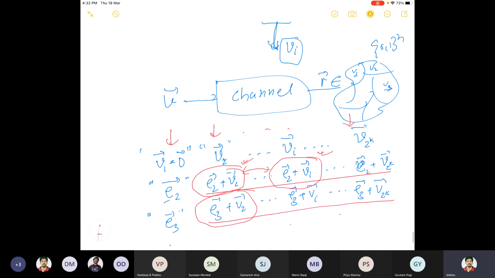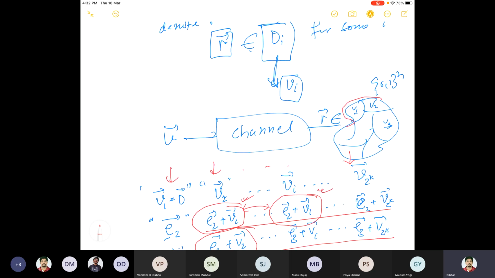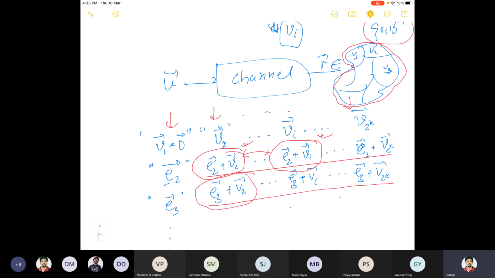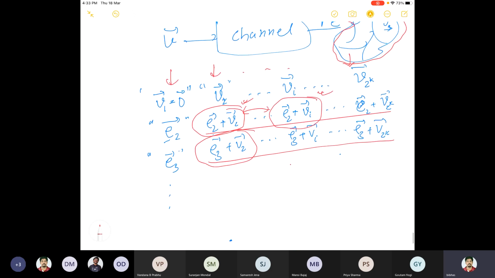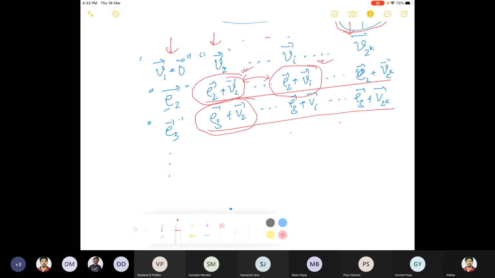Because ultimately, see, I want to create a partition here, right? And this is the partition of 0,1 to the power n. So there are 2 to the power n vectors. And I want to create an array which contains all these possible 0,1 to the power n vectors. So 2 raised to the power n minus k. Yeah, 2 raised to n minus k, but there are some things that remain to prove, okay? I'll come back to that, but let me first write it down.